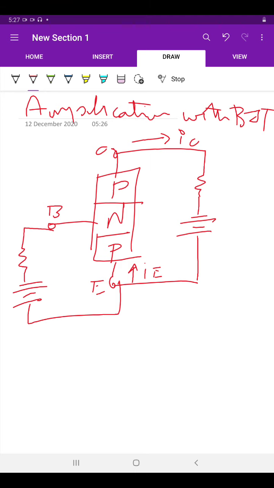So this voltage over here is the VCE voltage, and the current IB is flowing out. So this is the current IB. So let us consider this biasing circuit. With respect to this circuit, we will be deriving the equations